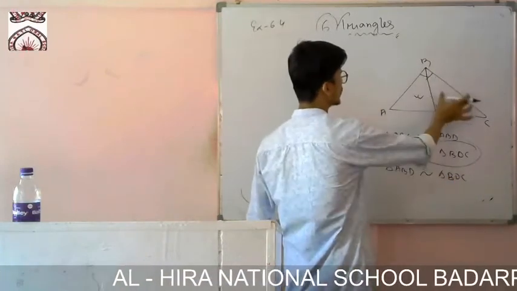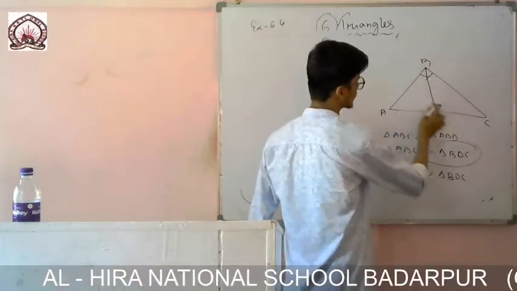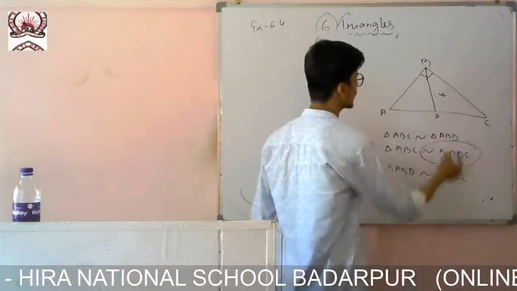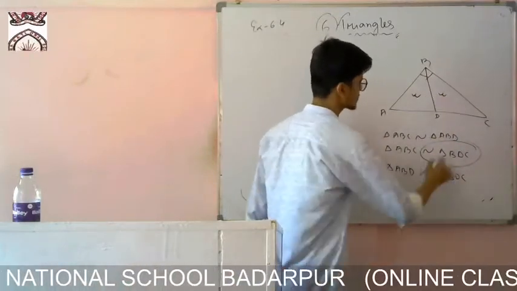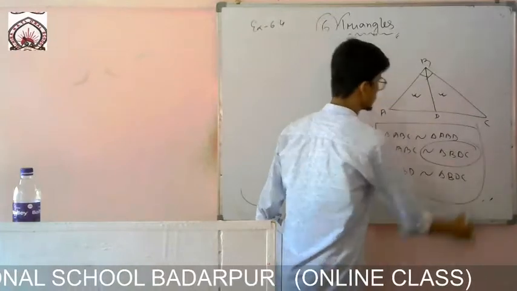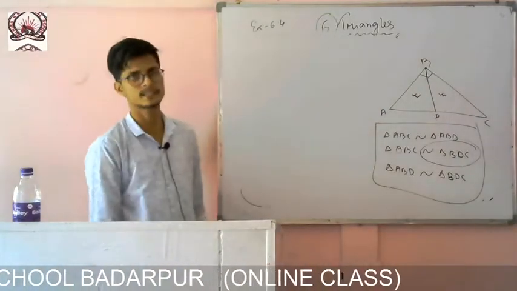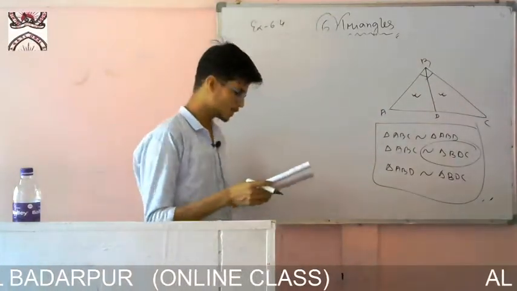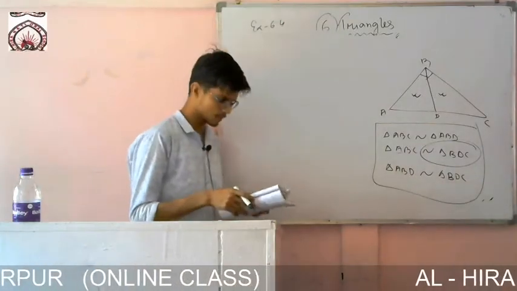I can say that whole triangle is similar to this one, and I can say that whole triangle is similar to that one, and I can say that these two triangles are similar. So this is the first theorem. Keep it in mind while solving sums, we need this one. Okay. Now theorem 6.8, you see this one, no need to solve, you just keep in mind.